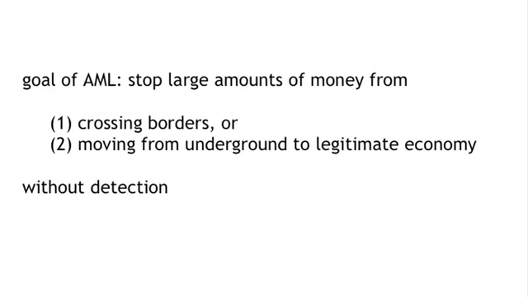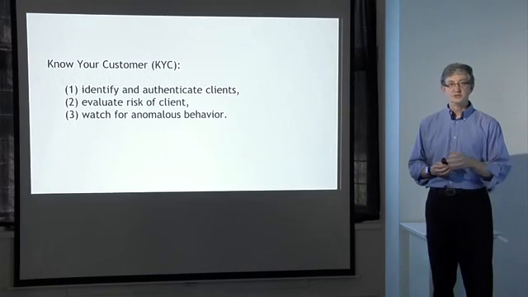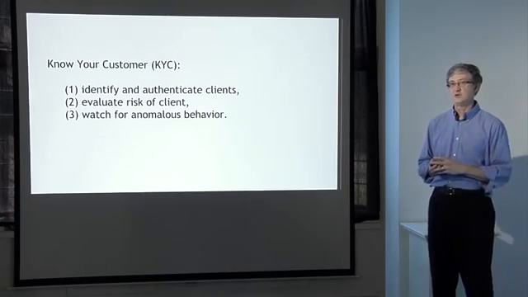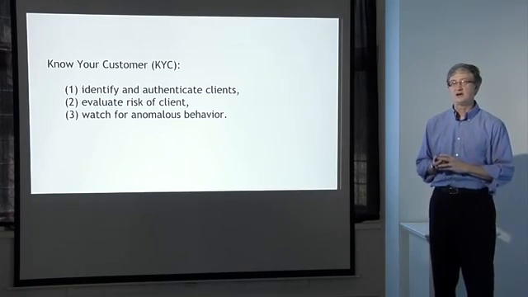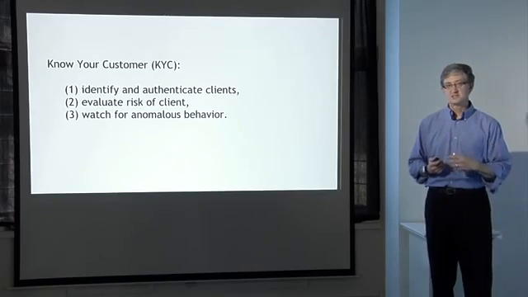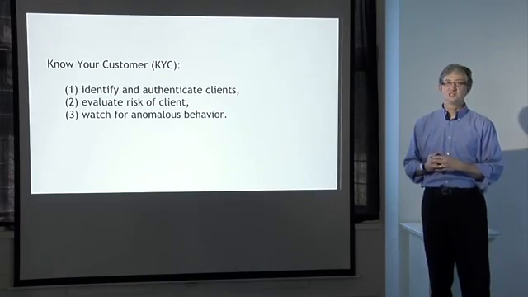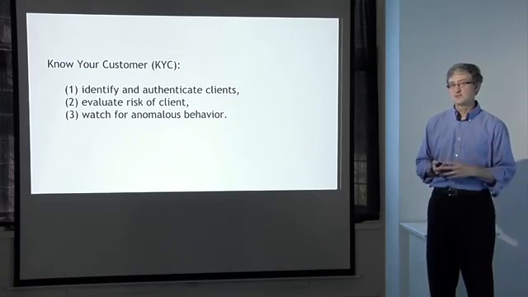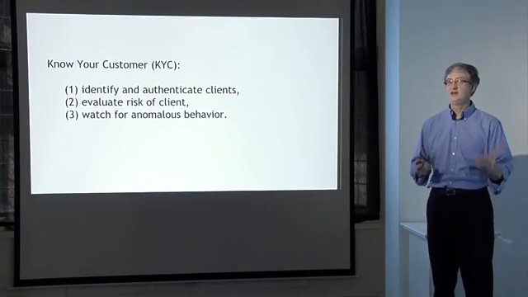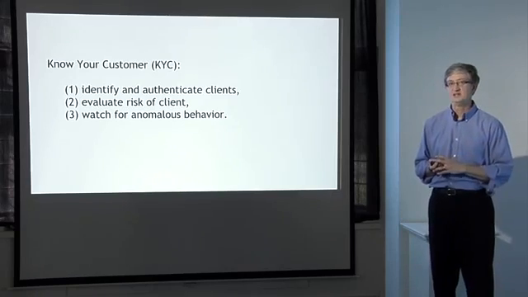One of the rules that goes with anti-money laundering is something called Know Your Customer, sometimes called KYC. The details of this can be a little bit complicated and depend on your locale, but the basic idea is this: Know Your Customer rules require certain kinds of businesses that handle money to, first of all, identify and authenticate who their clients are, to know who these people are, and to get some kind of authentication that they really are who they claim they are, and that those claimed identities correspond to some kind of identity in the real world. So a person can't just walk in and say, I'm John Smith from 123 Main Street in any town, USA. They have to actually give an identity and have that be checked